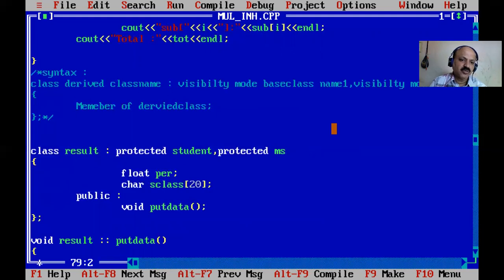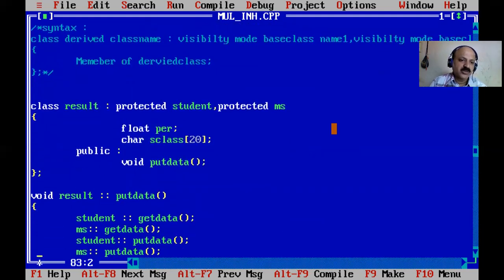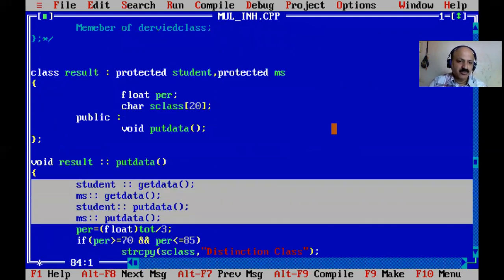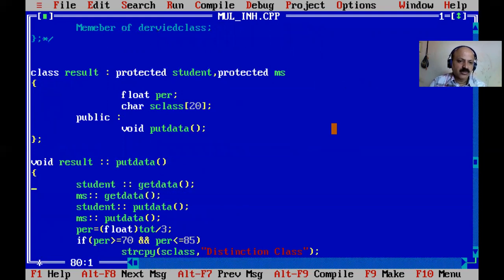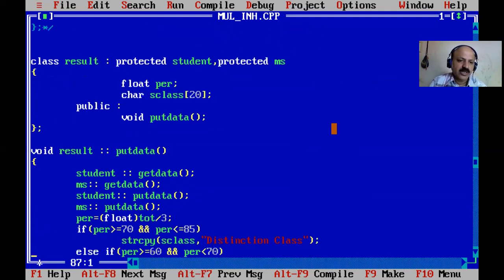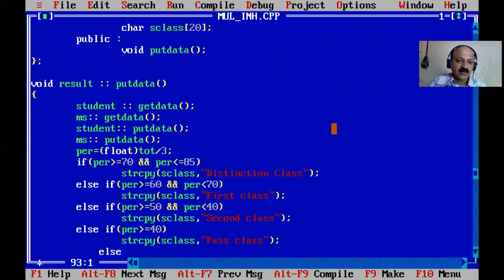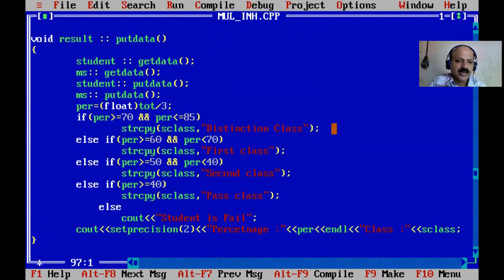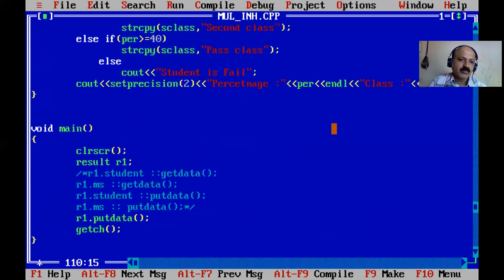Okay, and there are three possibilities. So get and put data of the result class, we can nest all our get data of student and mark sheet, and put data of mark sheet and student class. Okay, and then find the total, and also we can find the class, or you can also find the grade. Yes, that type of else if ladder logic we have to use. And here, very important, we can restrict our decimal points with setprecision. Yes, and then our main only, and that requires only public